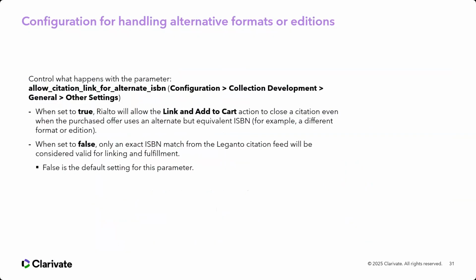There is a parameter that controls what will happen when you have alternative formats or alternative editions. And I used this language, or maybe I took it from the release notes, of alternate but equivalent ISBNs. So the ISBN is not an exact match, but it is the same title, which is what we saw on,